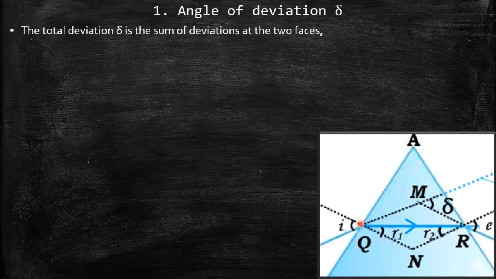Well, since I know that this is angle I, right? This whole angle is going to be I again, correct? Well, obviously, because this was my incident ray extended forward and this is my normal, correct? And obviously, the angle of incidence is the angle between the incident ray and the normal. So what exactly do you think this angle will be? It is going to be this I minus this angle, right? This is R1. Yes. So I get my first angle, that is I minus R1, correct?